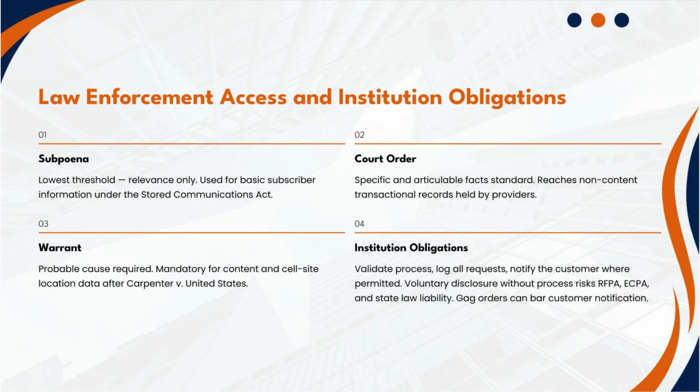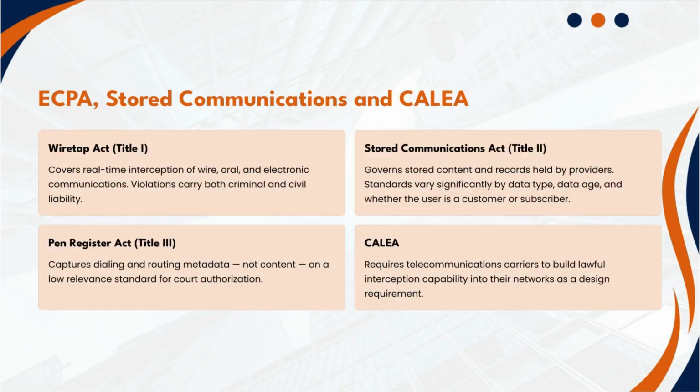And here's the practical advice I'd give any organization. Have a written law enforcement request policy. Route everything through legal. Train reception staff because that's where the failure happens. I've seen a branch manager hand over records to an officer who simply asked. No process, no documentation. He thought he was helping. That single decision created liability nobody anticipated.